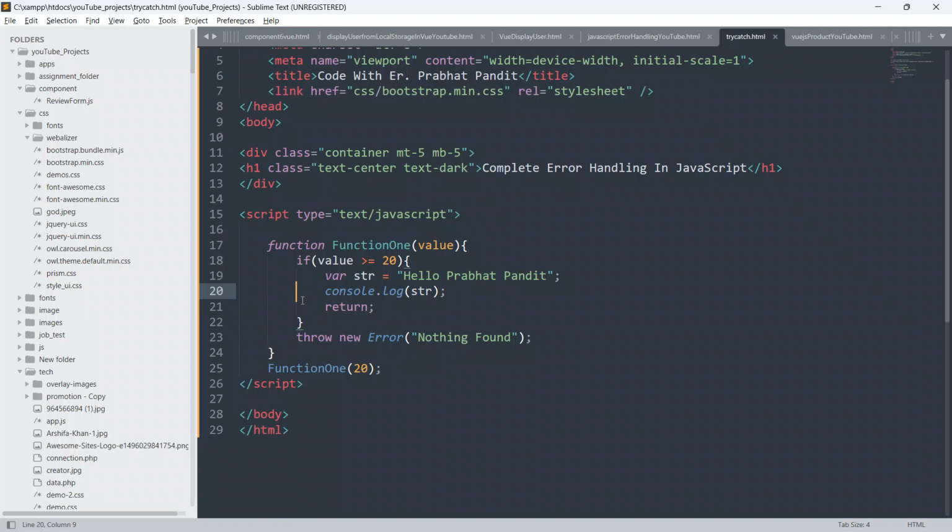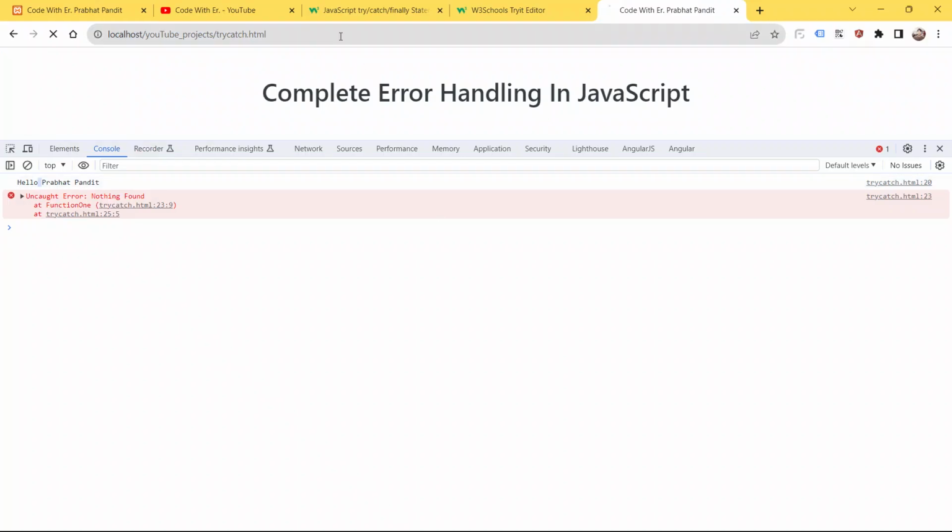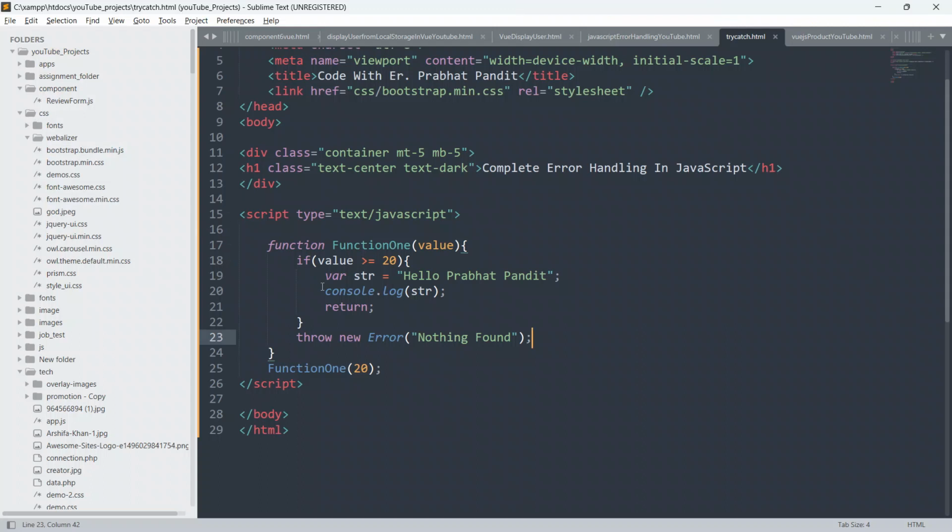After the if block of code the control is going to come to this line and execute it. So now just save your code, go to the browser and refresh your page. Now we are not able to see any error because we are just returning it from here, so control is not going to come to this line, throw new error, and we are not able to see any error.